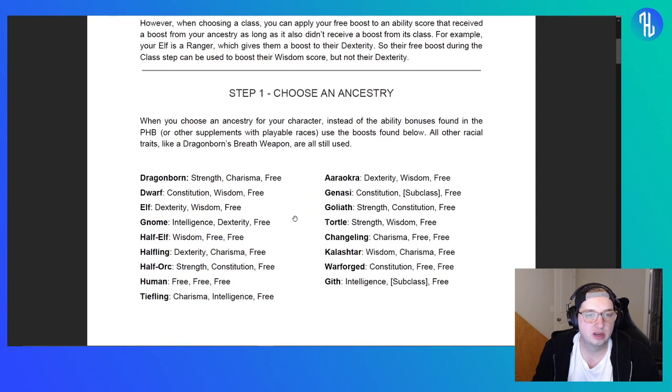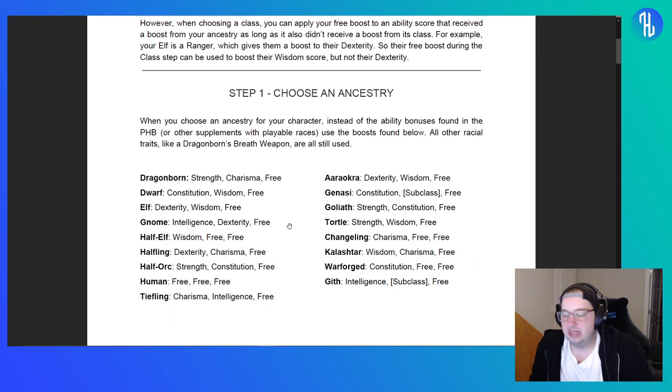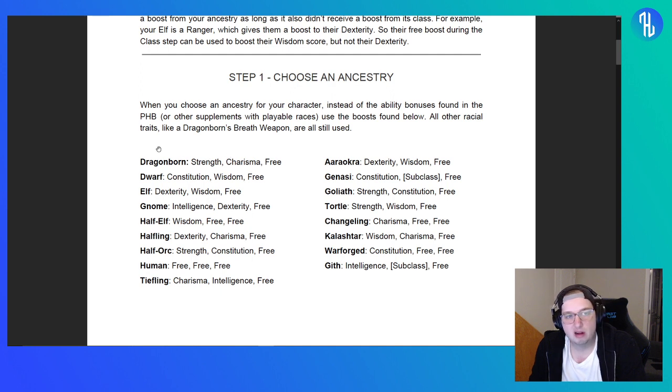So if we look here, I picked mainly races from what seem to be the two most popular sources for player races: the Player's Handbook, obviously, and then the Elemental Evil sourcebook. It came with a lot of player races. I know that there are others, like the Magic: The Gathering and Eberron stuff, and I think I did pull in the Eberron books, actually, now that I look at it. I didn't do them all, partly for copyright reasons. I wanted to make sure that I don't get in any trouble,